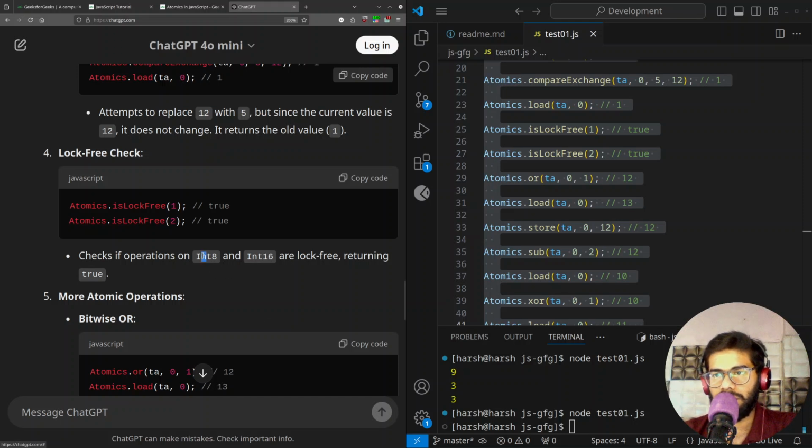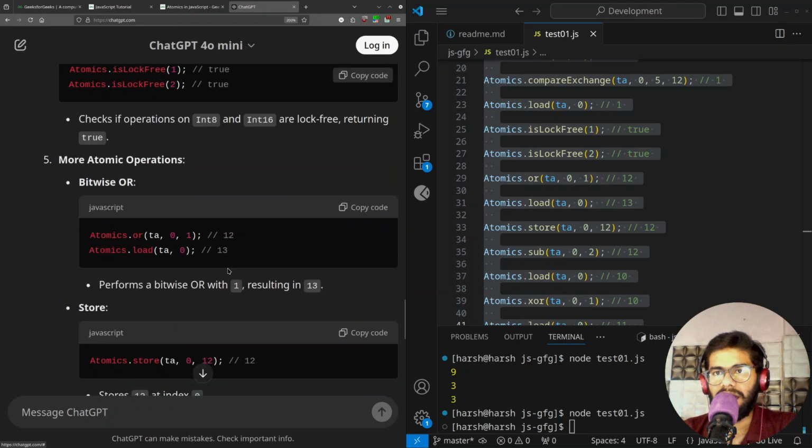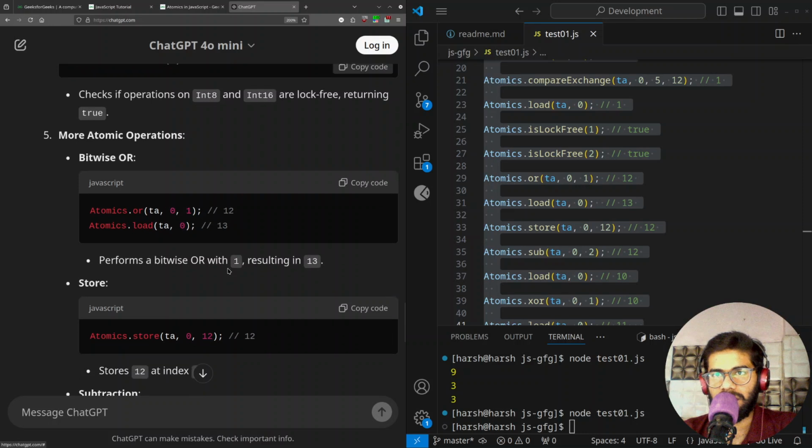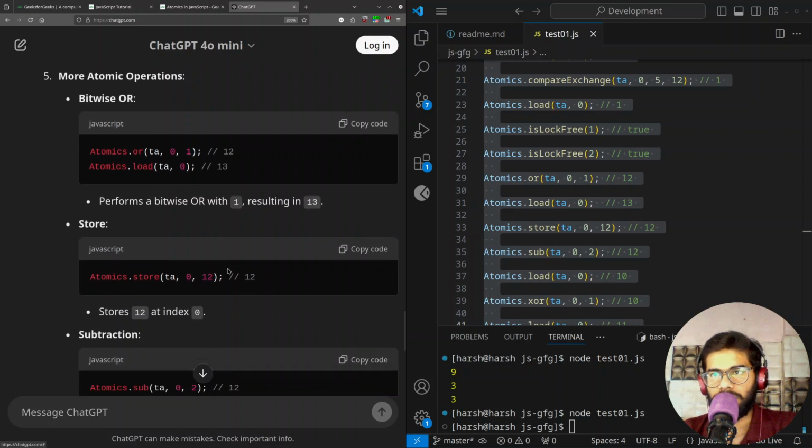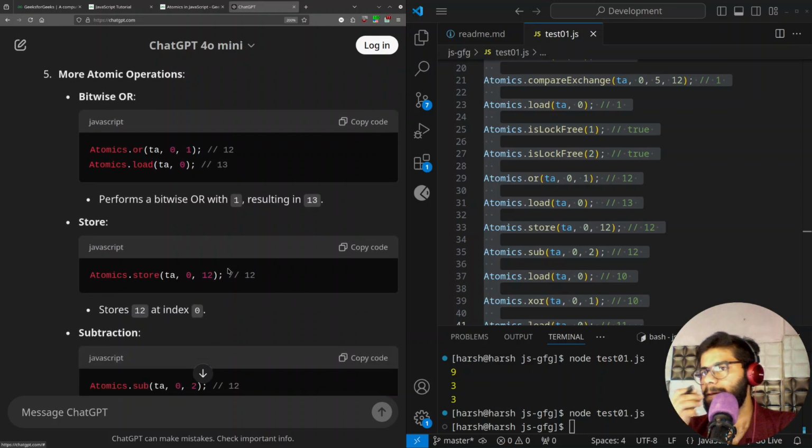Checks if operations on int 8 and int 16 are lock free, returning true. I don't know what lock free means. Now let's move to another atomic operation, a bitwise OR operation. Okay, so here we already have